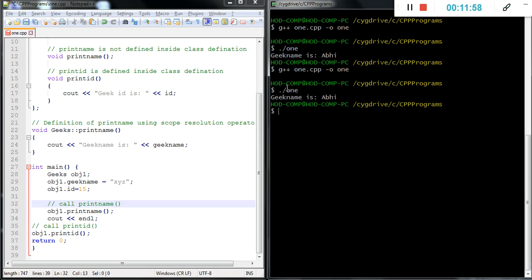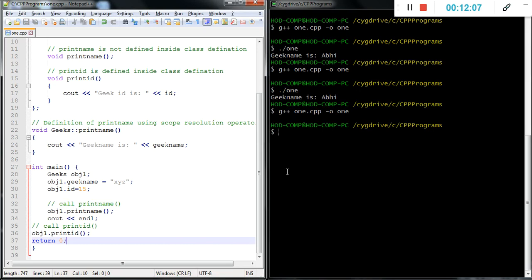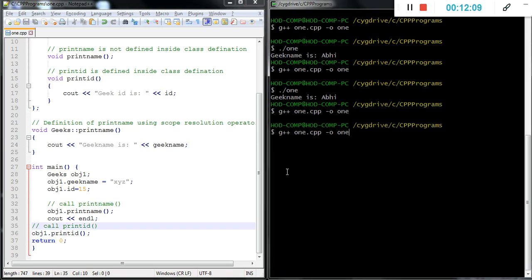Then the output. You need to save it first, and that is the compilation process. Now we will run it. Geek name is xyz and geek id is 15.